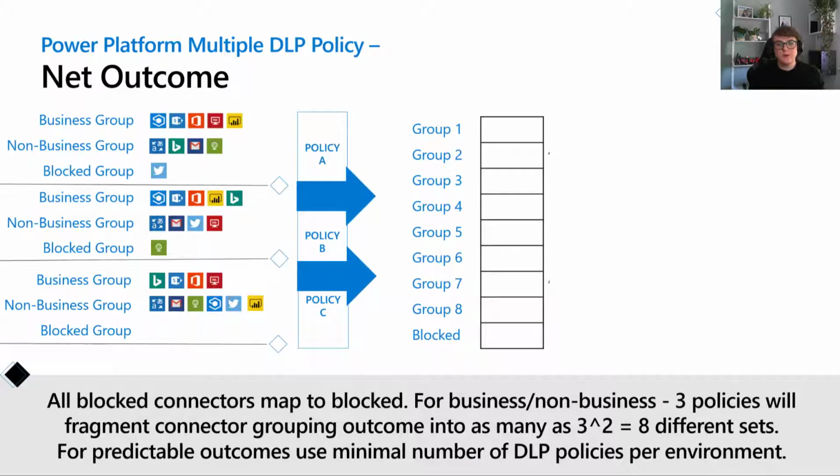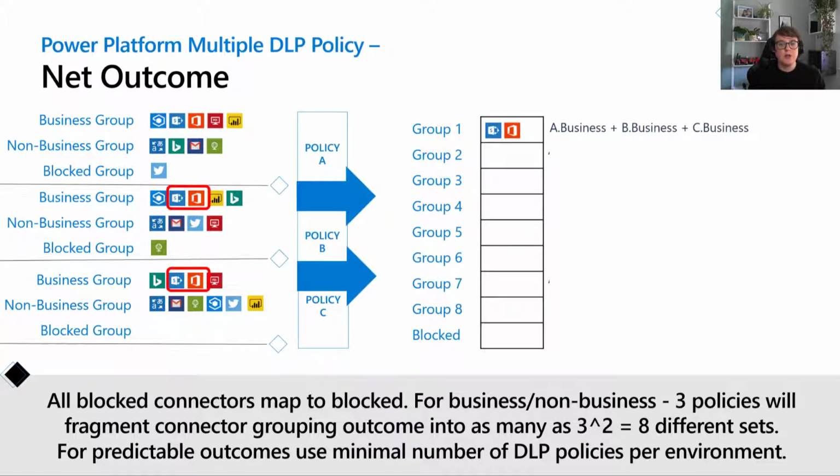So the net outcome of three policies applied to one environment is 8 different possible permutations of connector groupings plus a group for the blocked connectors. So you can evaluate the outcome by looking at the different group combinations and confirming which connectors can be used together in each group. And then the most restrictive grouping is finally imposed when all the policies applicable to an environment are evaluated together. So in this scenario where we've got the three policies applied,